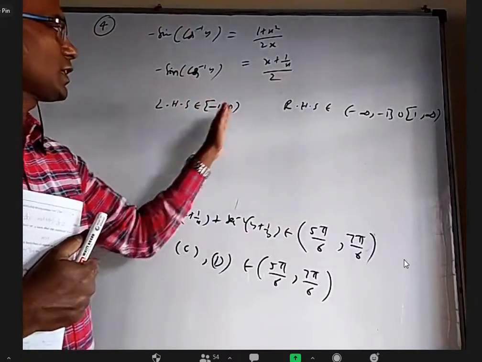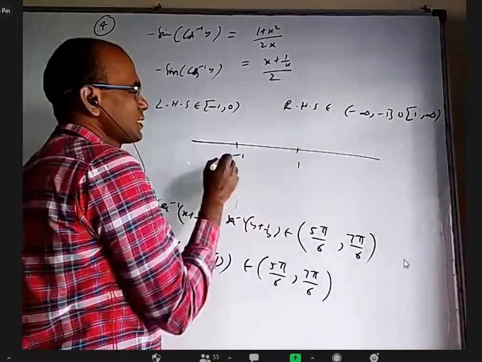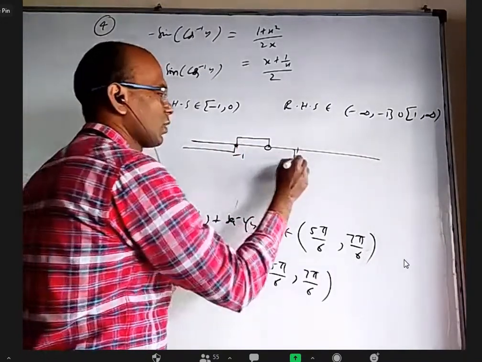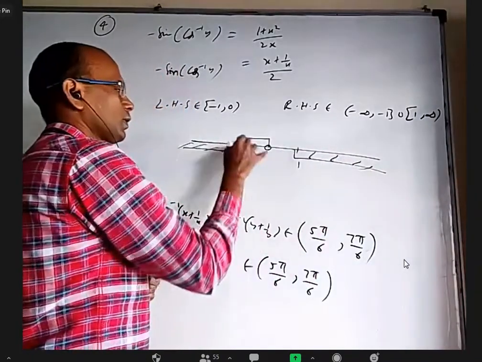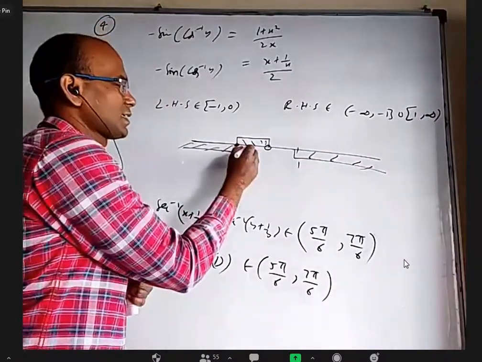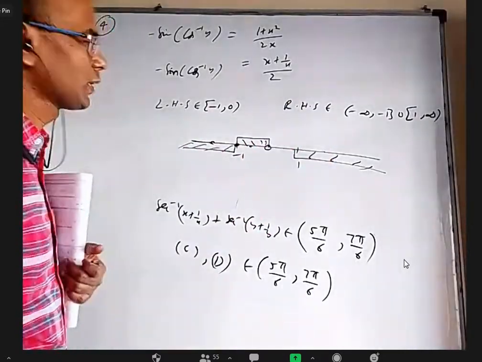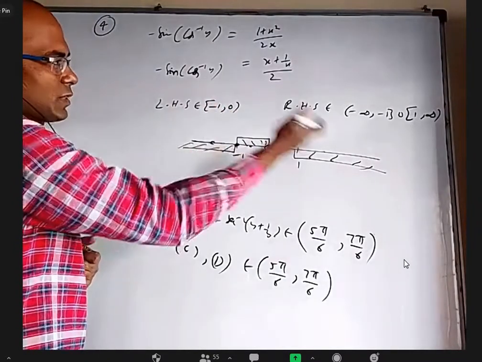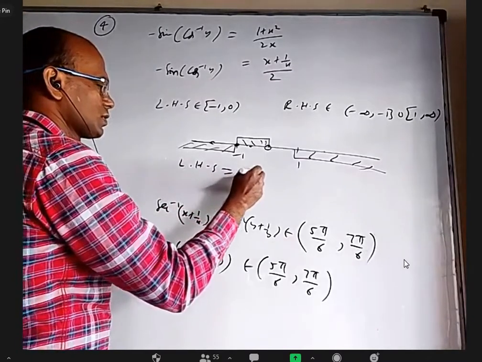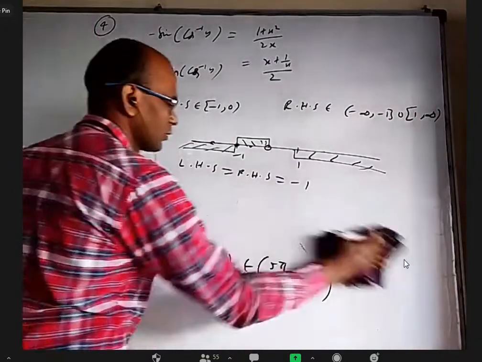Okay. So if you see the number line, this is minus 1 and 1. LHS is covering all these values, whereas RHS is covering all these values. How can they be the same? They can be the same only at this junction. If LHS is somewhere here, RHS cannot attain that. If RHS is somewhere here or here, LHS cannot attain that. So LHS is greater than or equal to minus 1, and RHS is less than or equal to minus 1. So LHS and RHS must both be equal to minus 1. Then only they can be equal. Otherwise, they can't be equal.